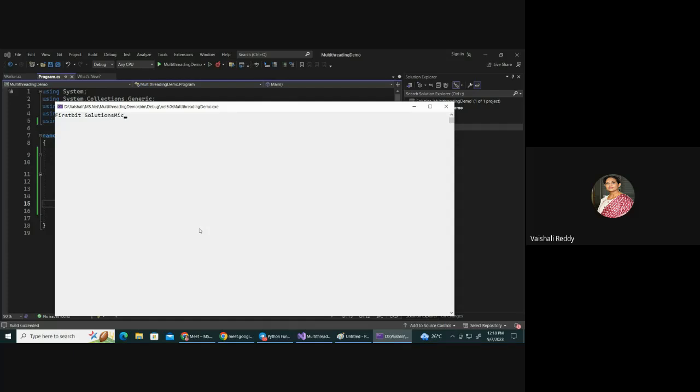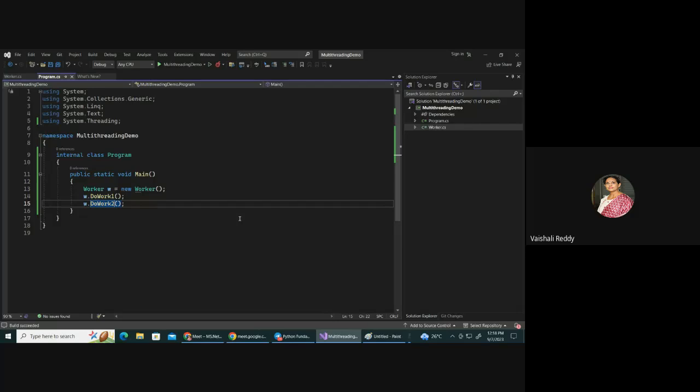Now Microsoft will start. So we don't want this. We want the 2 things to run in parallel. Why is it executing one by one? Because there is only one thread. So that thread will pick up the first instruction, then the second instruction, and then the next instruction, and so on. That is why we are getting one by one execution. But now we want to have parallel execution. So what we can do is,